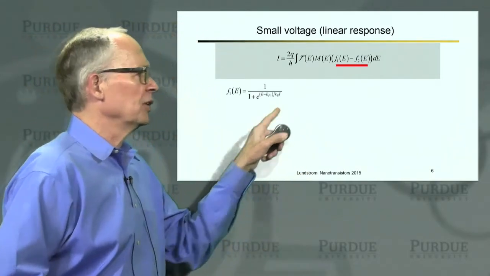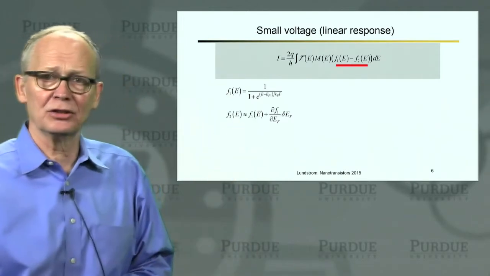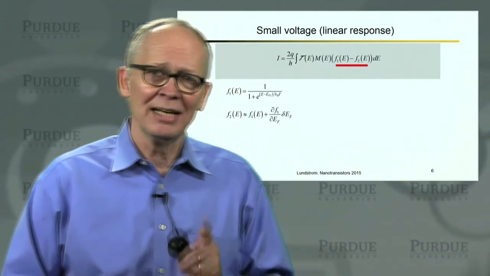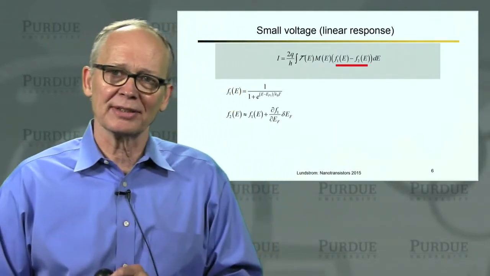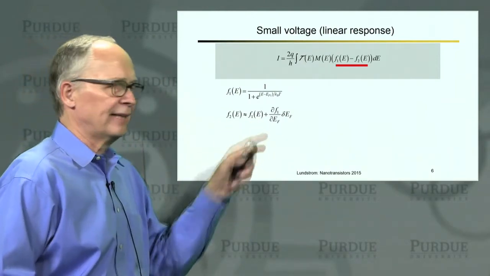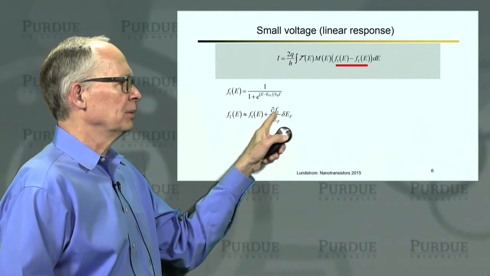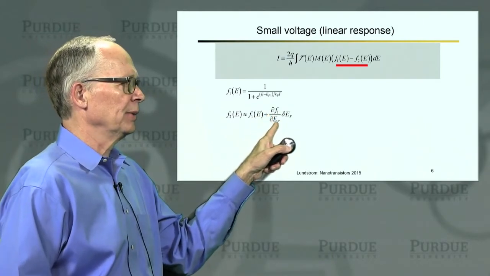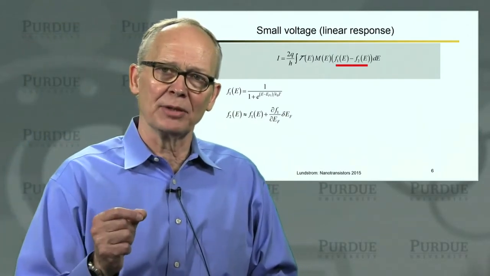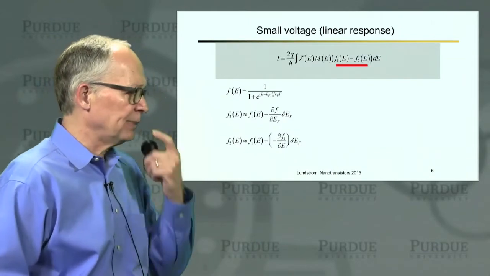So here's the Fermi function of contact 1. I can write the Fermi function of contact 2 by saying it's going to be close to the Fermi function of contact 1, because we've just applied a small voltage to contact 2. So I can write F2 as a Taylor series expansion of F1. It's F1 plus dF1 with respect to the Fermi level times delta Fermi level, because all I've done is to change the Fermi level in contact 2 a little bit. So I'll write that Taylor series expansion.